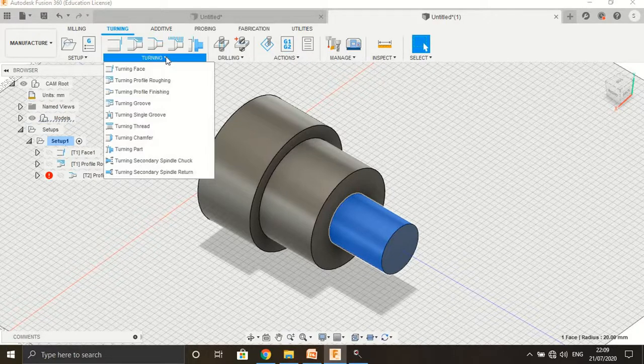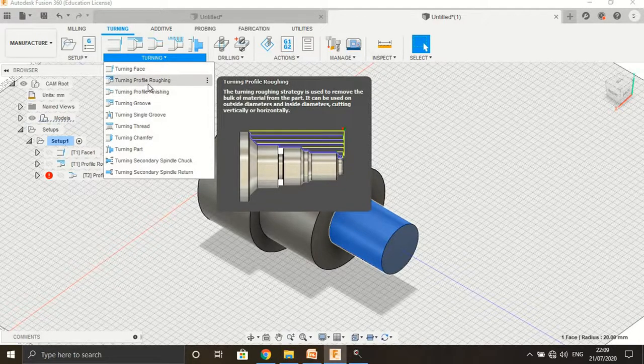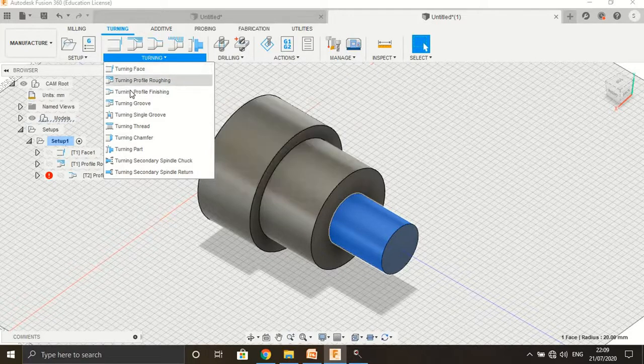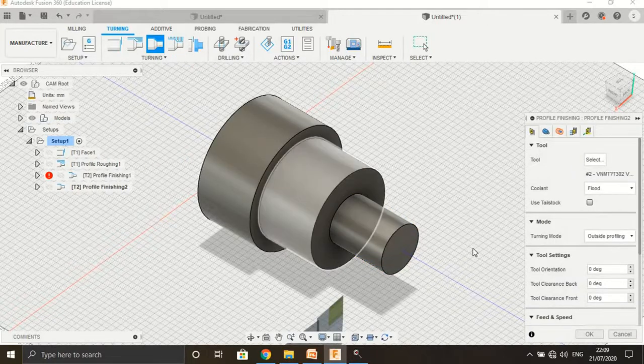So in turning, again we can select, some problem comes, and for the finishing tool selected, flood, that is coolant, is used.